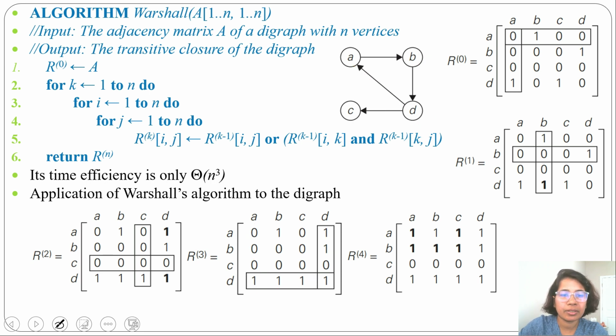In today's lecture, I discussed Warshall algorithm with one example. This will help you to understand Floyd's algorithm for finding all pair shortest path. In Warshall algorithm, at every step we are just marking one row and one column. Means every step we are just checking is there any path via this vertex. Like in R1, we mark A row and A column. Is there any path via A? Then for R2, we checked the second row and second column. Is there any path via B? So at every step, we are checking is there any path via another vertex.